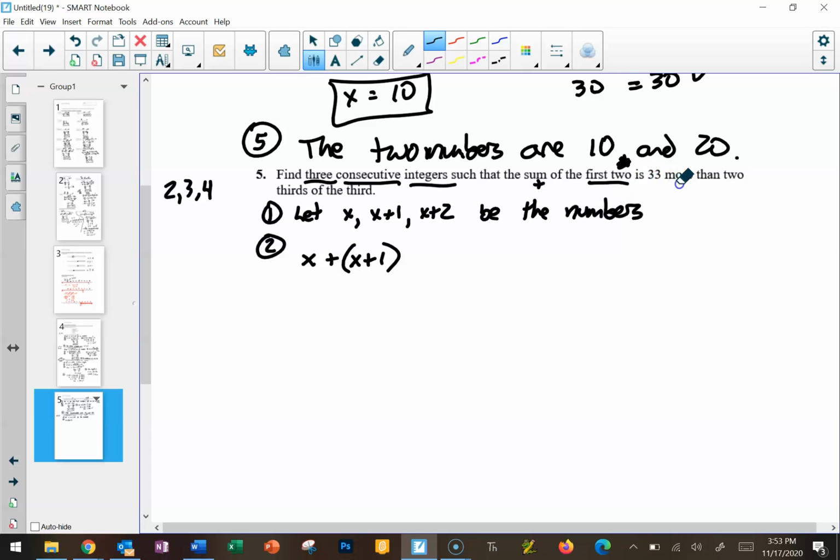Okay, is 33 more than? Okay, so this is 33 more than another one. So I can do this a couple ways. If the sum of these two is 33 more than the other side of the equation, what I can do here is I can just subtract 33, okay, from this side. So the sum of the first two,